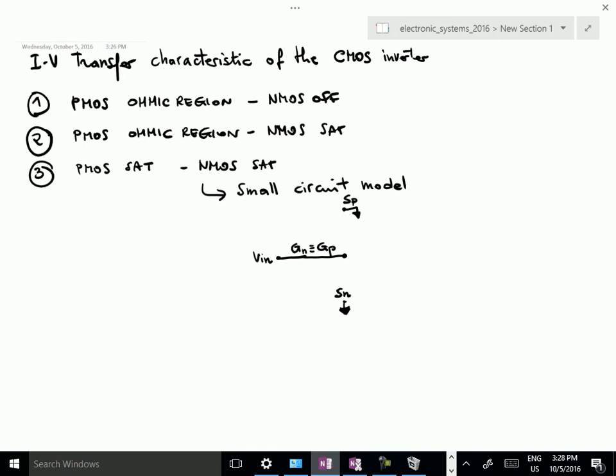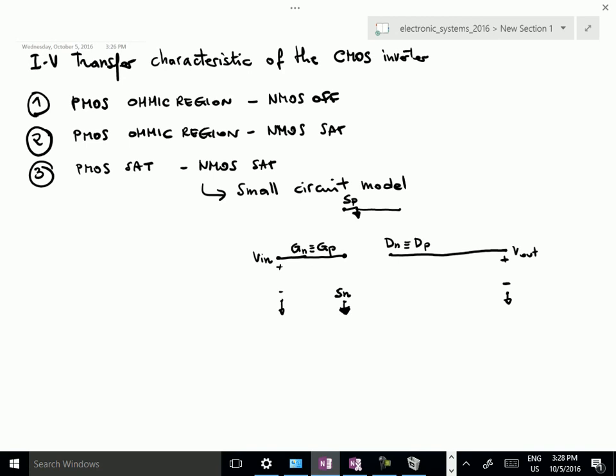Now here we have the drain, which is the output voltage. The drain of the PMOS is coincident to the drain of the NMOS. This is the output voltage between this line and this point. Okay, now if we